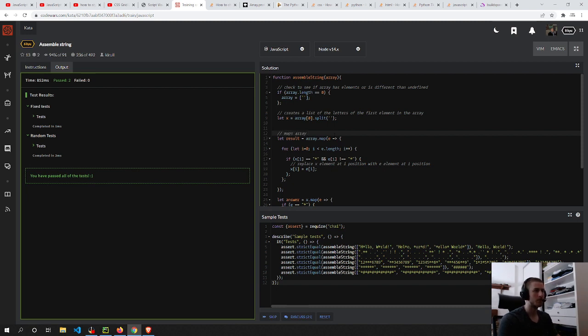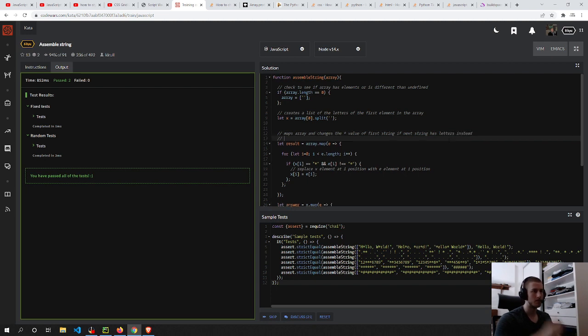Maps array and changes value of, changes this star of first string with next string letters and stuff. Or maybe I can do